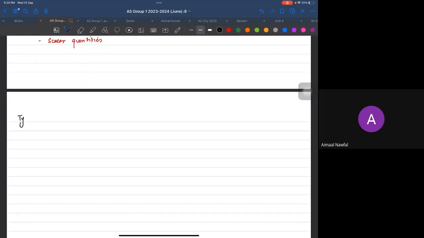Let me just write that down. First of all, we got potential energy. Potential energy has further three types. The first one amongst these is, write it down,